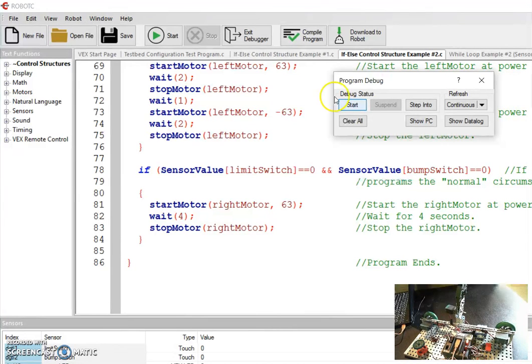You notice here that sensor value is very important in this one, to have it check the limit switches. And in this last case, notice how we have used the and sign right here to tell Robot C we want to check the state of the limit switch and also of the bump switch. Kind of a handy tool that you need to learn. Make it check more than one item in there,